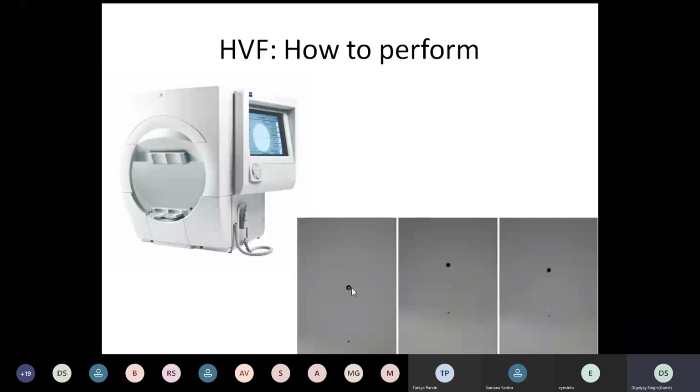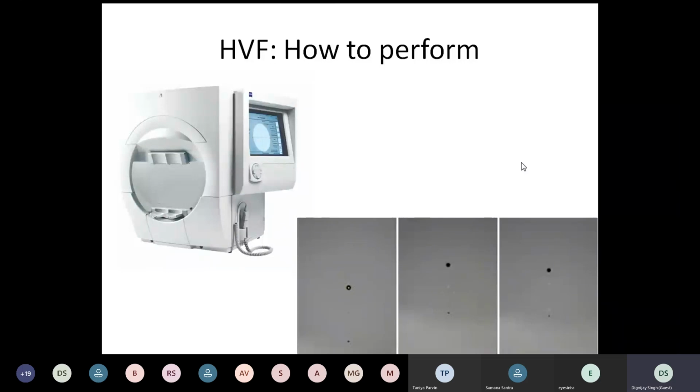The central black dot here that you see, with the yellow lights, is typically the fixation target that is used for these fields. But then you also have this 4 diamond here, a small diamond and a large diamond made by these lights. So for patients with poorer fixation or central scotomas, you'll have to use this diamond fixation. So they may ask you, how do you get a patient to fix it?